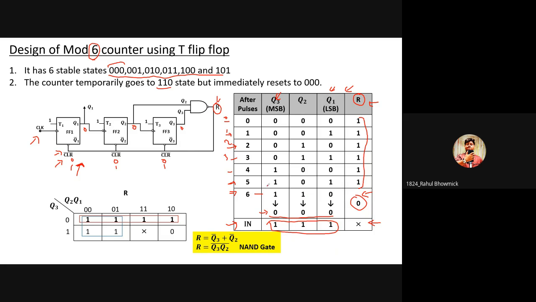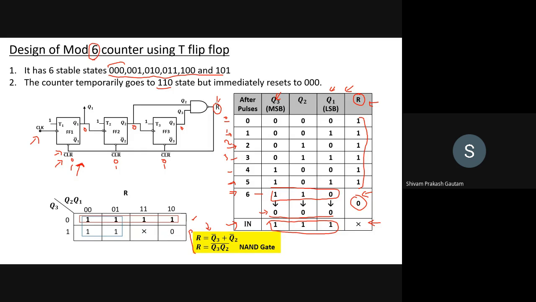Because it is active low, Q1, Q2, Q3 are becoming 0, and therefore R is becoming 0, right? No, R is not becoming 0. R is basically Q2 bar plus Q3 bar. So if Q2 does not come to this state right now, right? Do not see this as of now. Since this is on the slide, you can see that. Do not focus on this K-map or this expression, right?